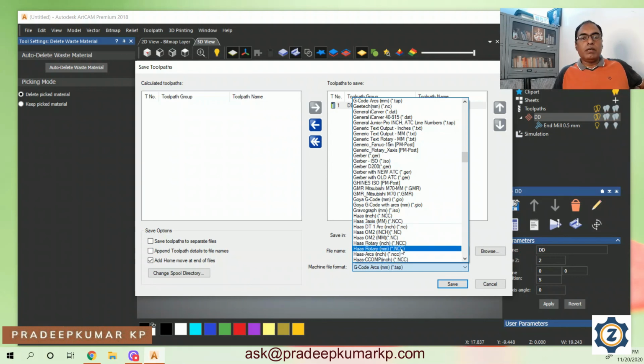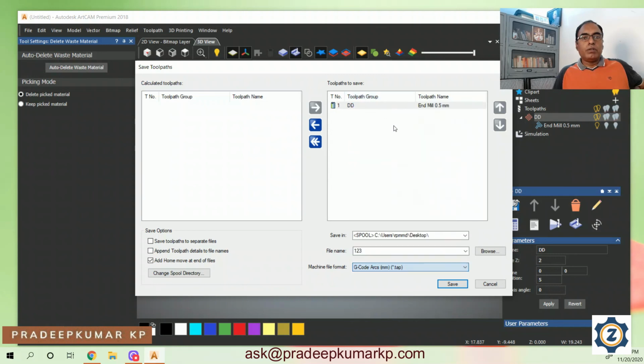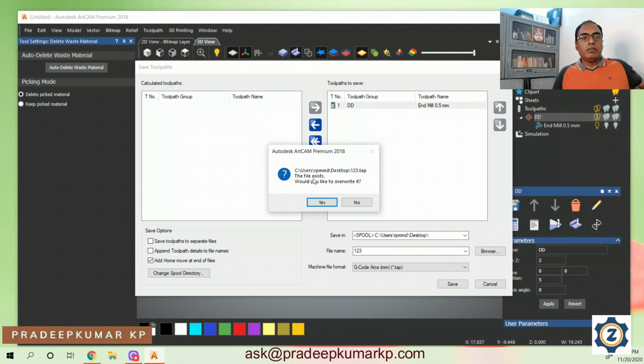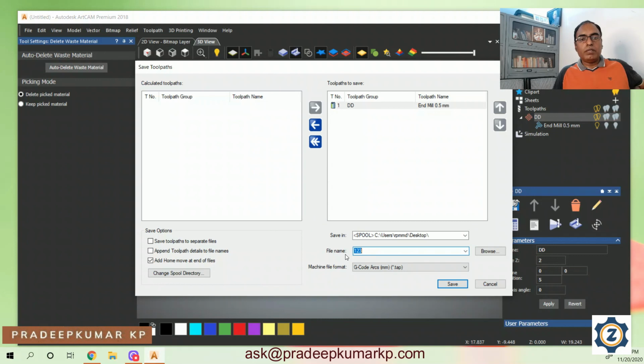If it has rotary, or we can do some ISO one also, or G code MM, that is very common. You can use this also, and you can just save it. The same name file already is there, it's saying, so you can give some other name and save it. Save.